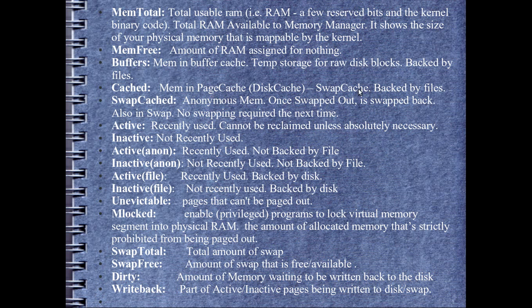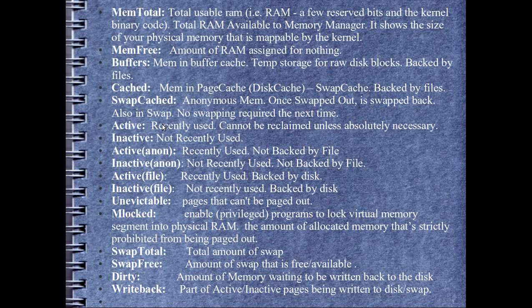Cached, the actual content of the file which is required by the application. SwapCached, as I already discussed, this is anonymous memory which was once swapped out and is again swapped back in. So in case we need to swap it out again, it's not required to be done, and we save some